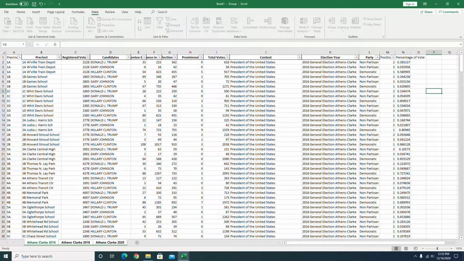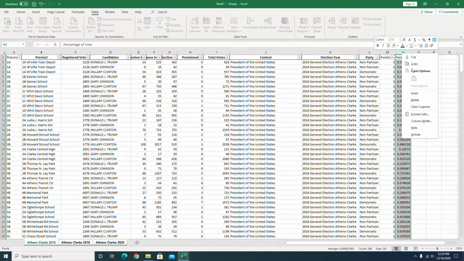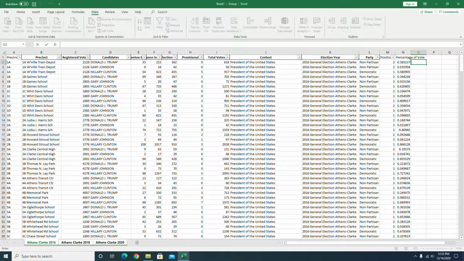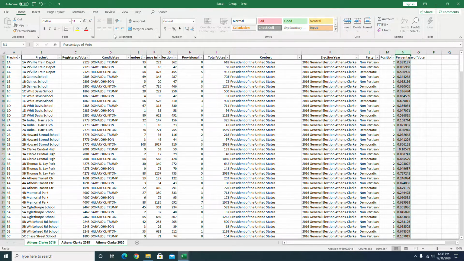And now once again we're gonna copy and paste the values. Alright, great. One more thing actually. We're just going to change this to a percent sign. So if you click on the home tab, and I'm going to increase it to 2 decimal points. Great. Now we have the percentage of the vote, the position the candidate finished